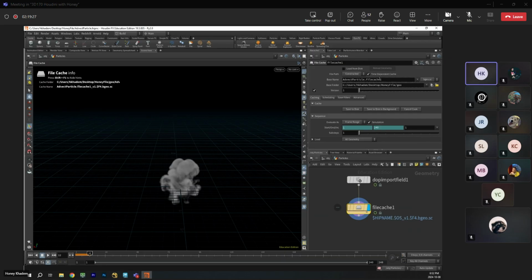Okay. Now that I have saved my file, I'm just going to name this one smoke cache.